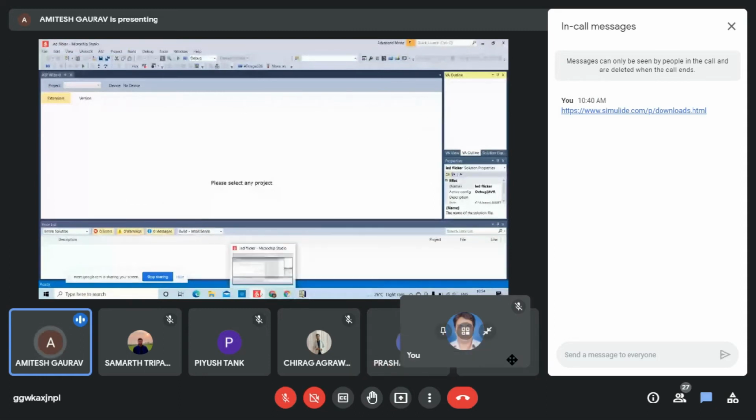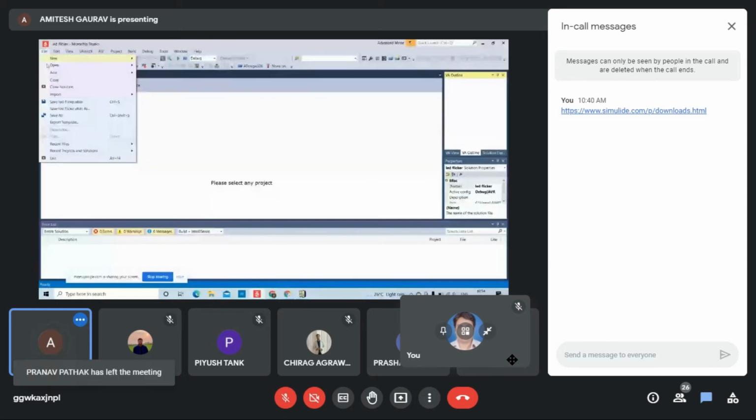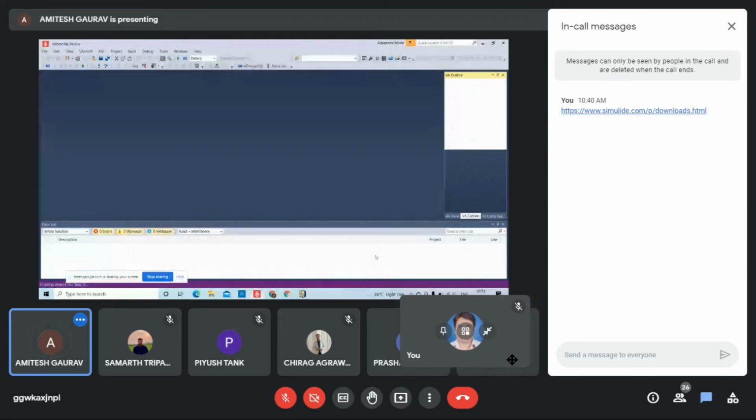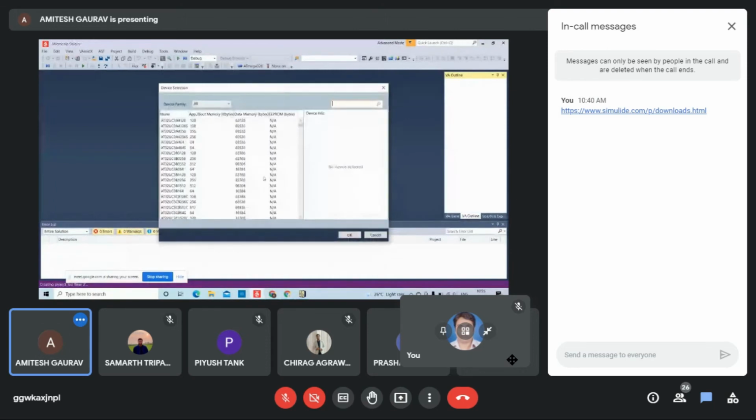Okay, first we will create a new project. Okay. We'll take the Atmega 328.